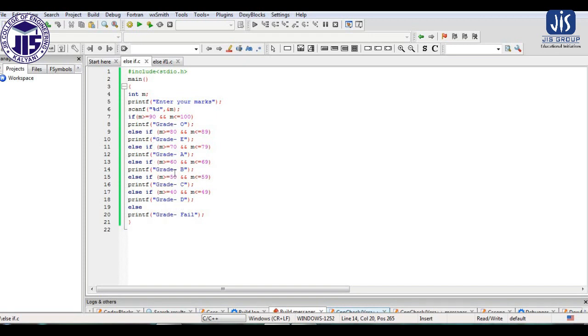And in the meantime, if any of the conditions that we have applied here becomes true, then it will perform the task and stop checking the conditions there. The rest of the conditions it will not verify at all. So that is the way we write the program using else if ladder, and that is the way the compiler executes the program.